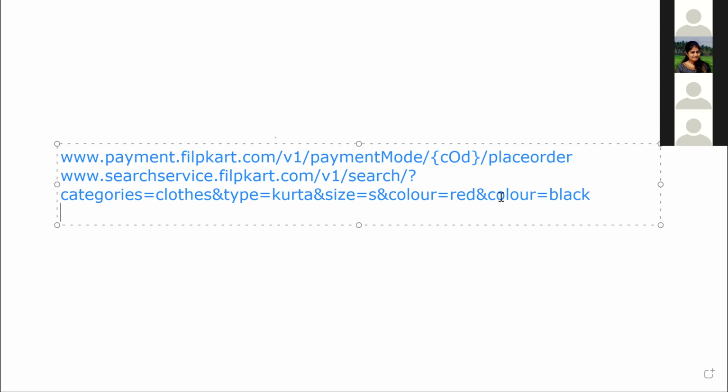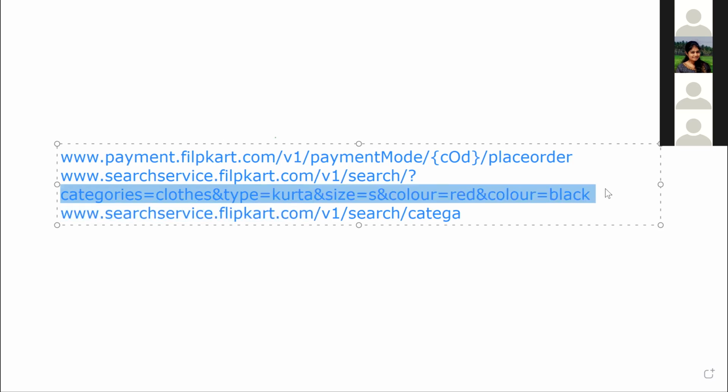Next one is matrix parameter. www dot. Again, we are taking the same example for search service. And you can mention the same thing you have entered above as the matrix parameter also.